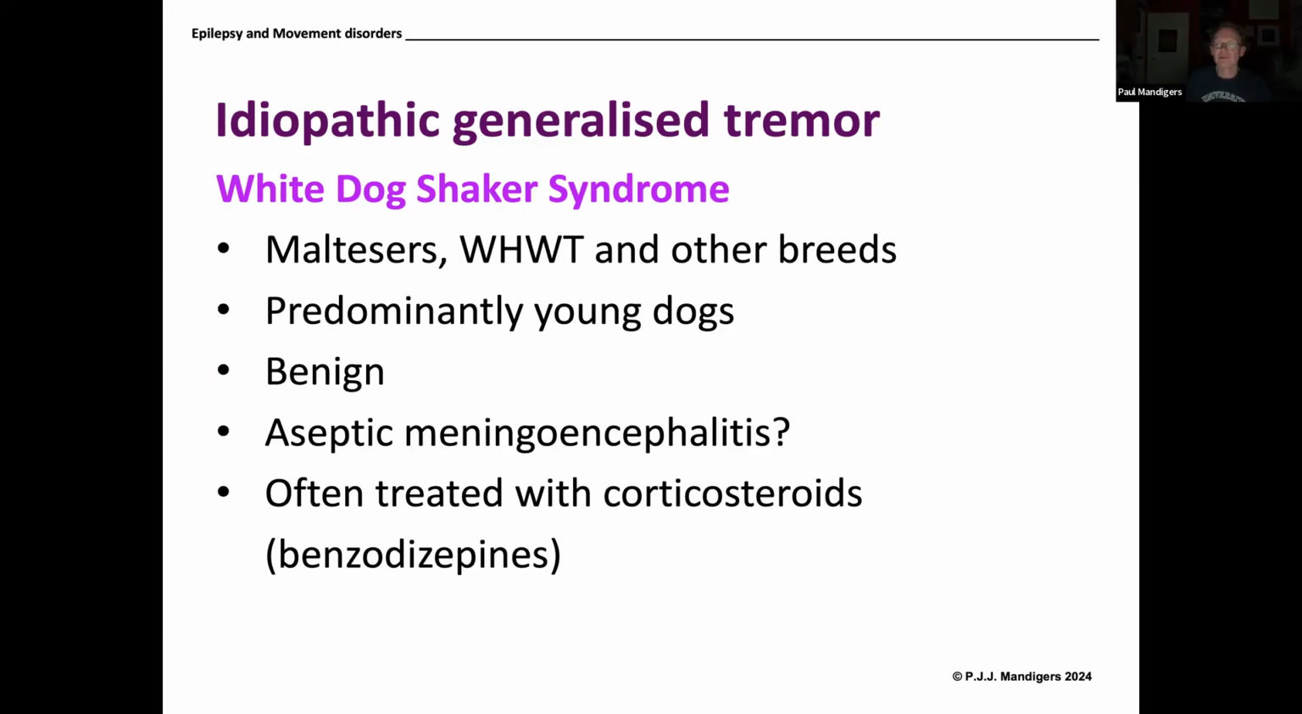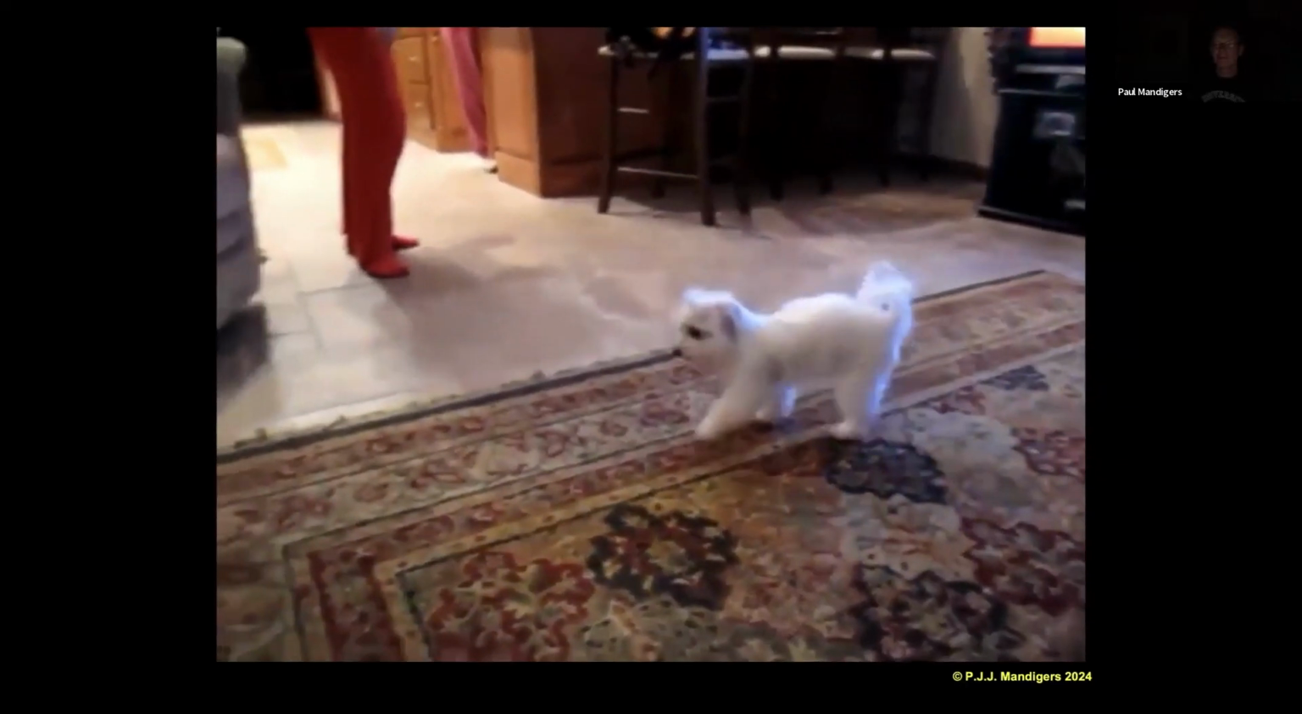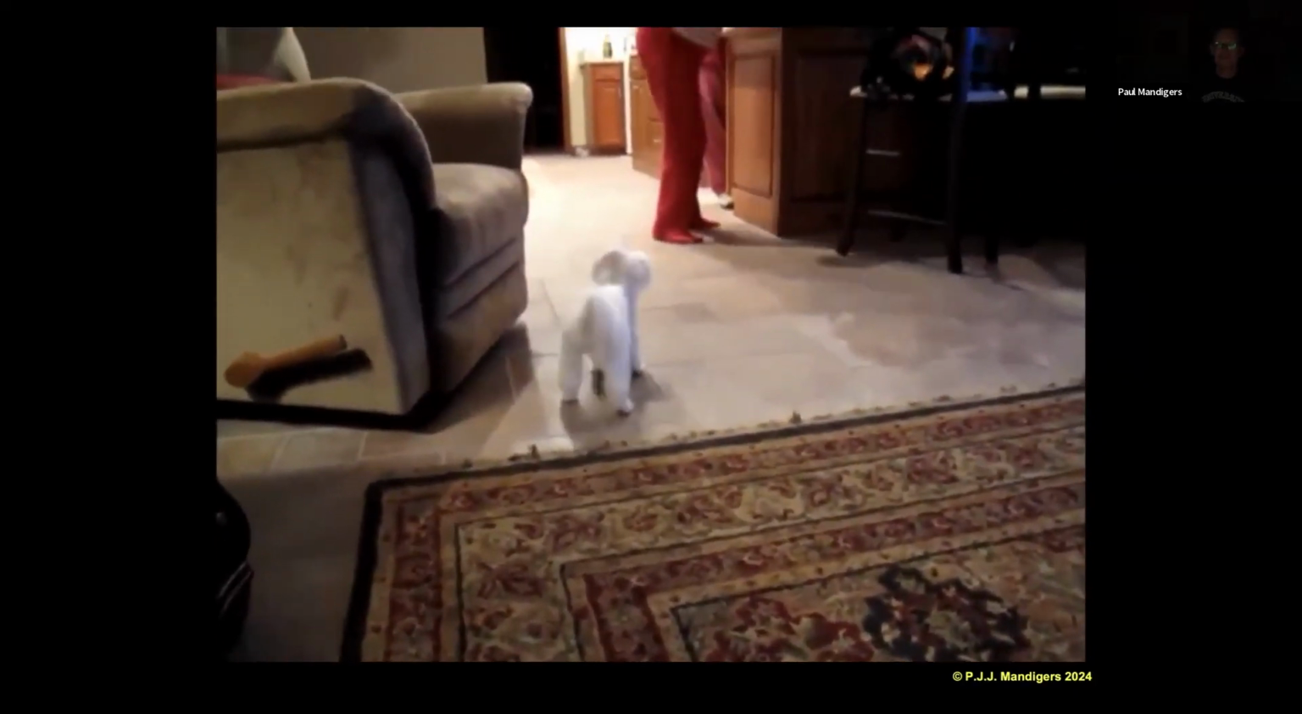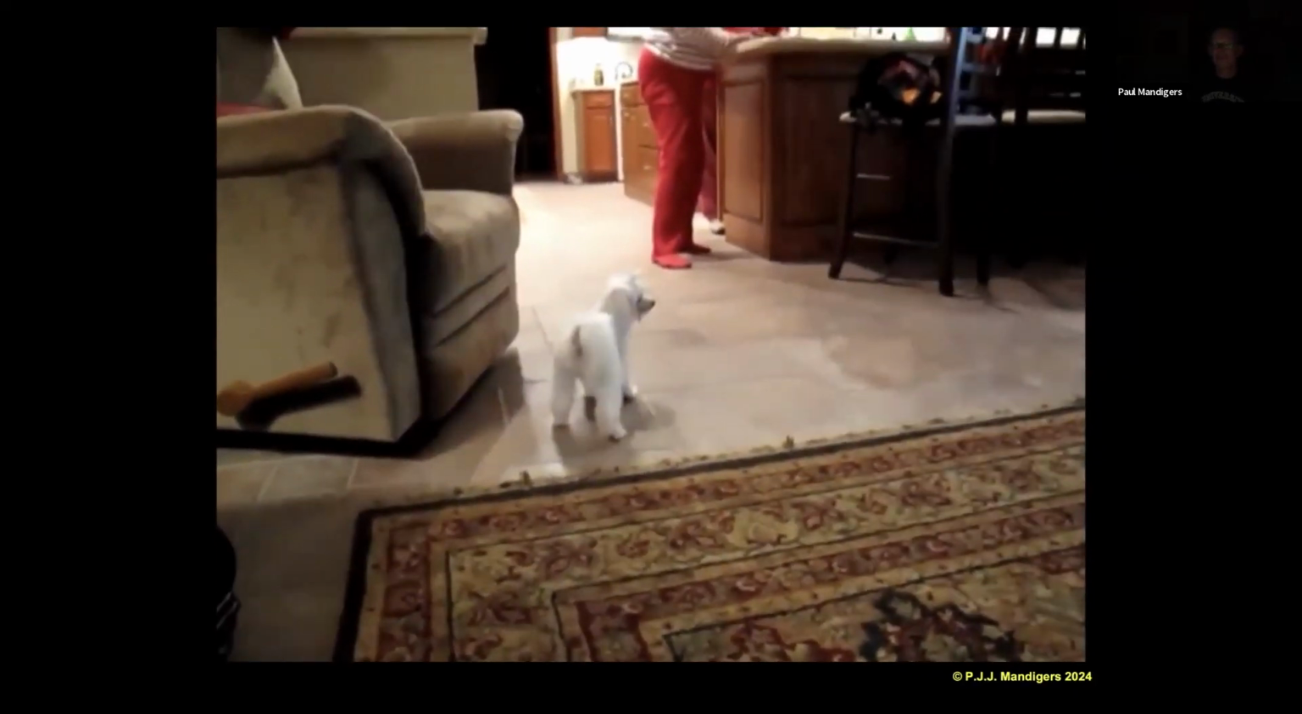And that was actually because these dogs were white. At this time, they didn't know what it is, and they treated it with corticosteroids. Because they responded, they thought it might be a sort of immune-mediated meningoencephalitis. But this is described in the period prior to MRI. This white shaker syndrome has all to do with the fact that they are just white and